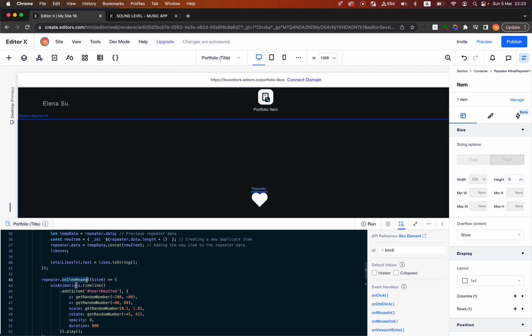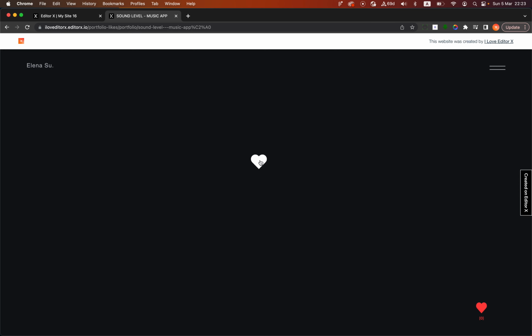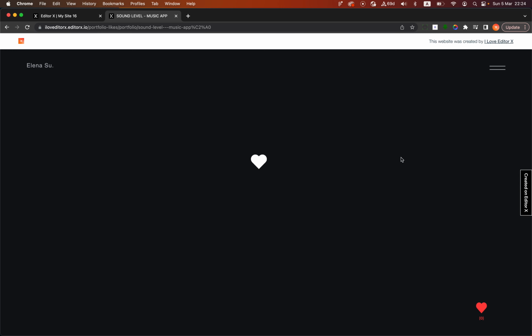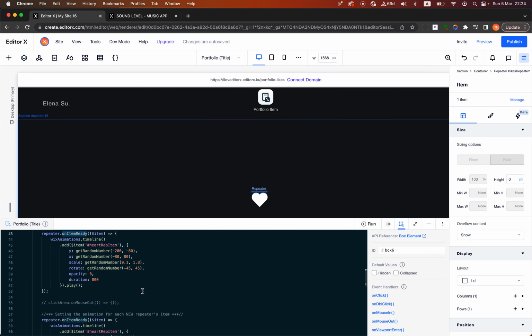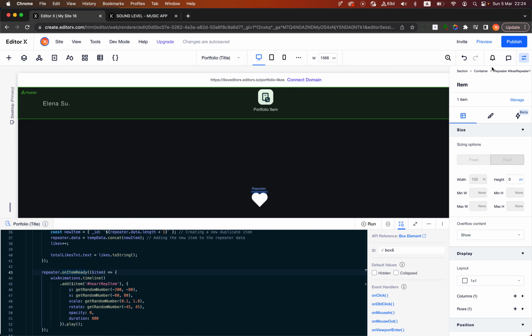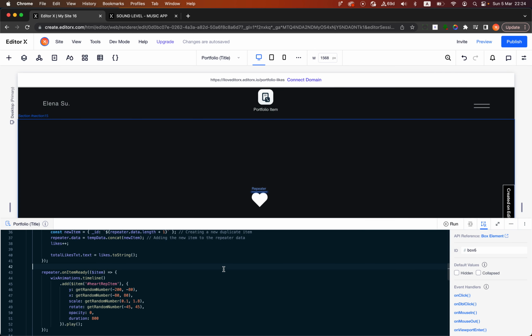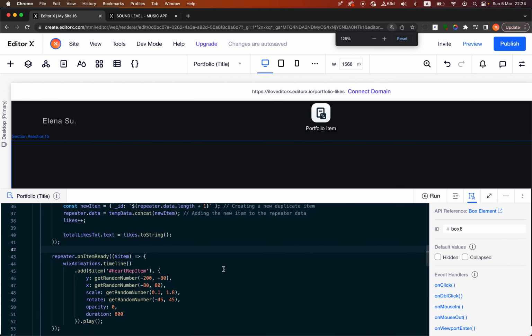And we want to animate only the new item because we want the first one to always stay the same, just like here. Okay, you can see that we have the first one, and when we are clicking, the new one is animated. I remove this function so it's not happening, but okay, so this is why we are using on item ready. Maybe we can make it a bit bigger. All right,